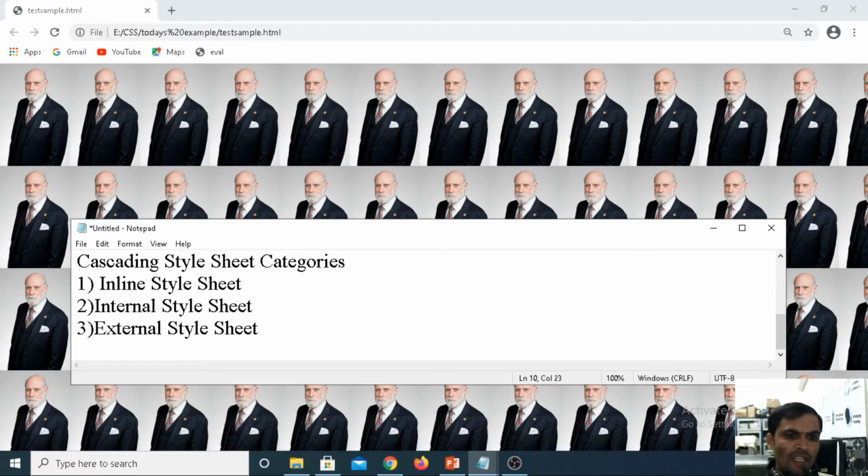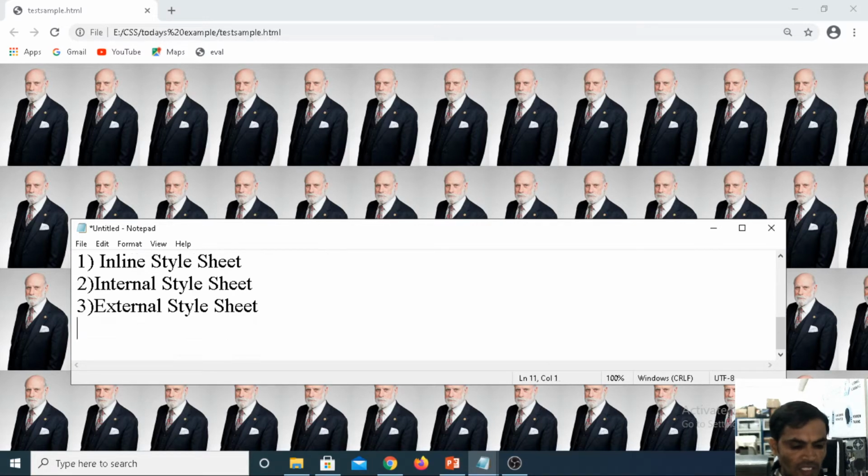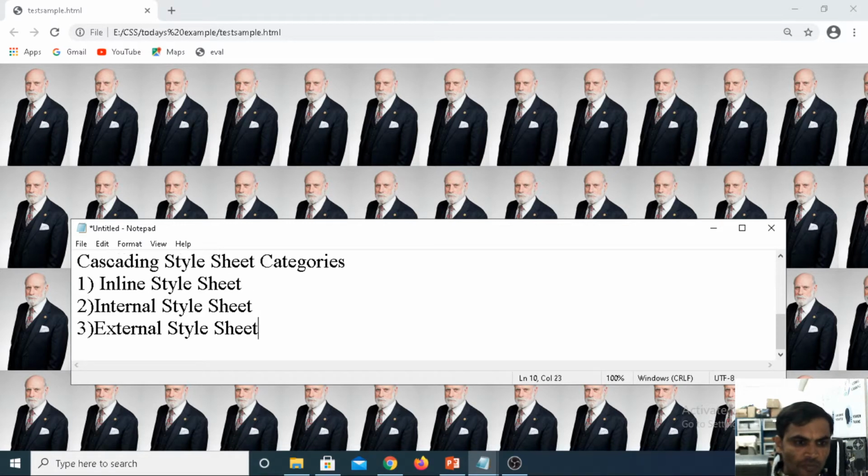In order of priority, the first priority is given to inline, then internal and then external. According to the industry, the fourth one is the import style sheet. Coming to inline style sheets, the attributes we gave under the body tag in the example come under the inline style sheet.